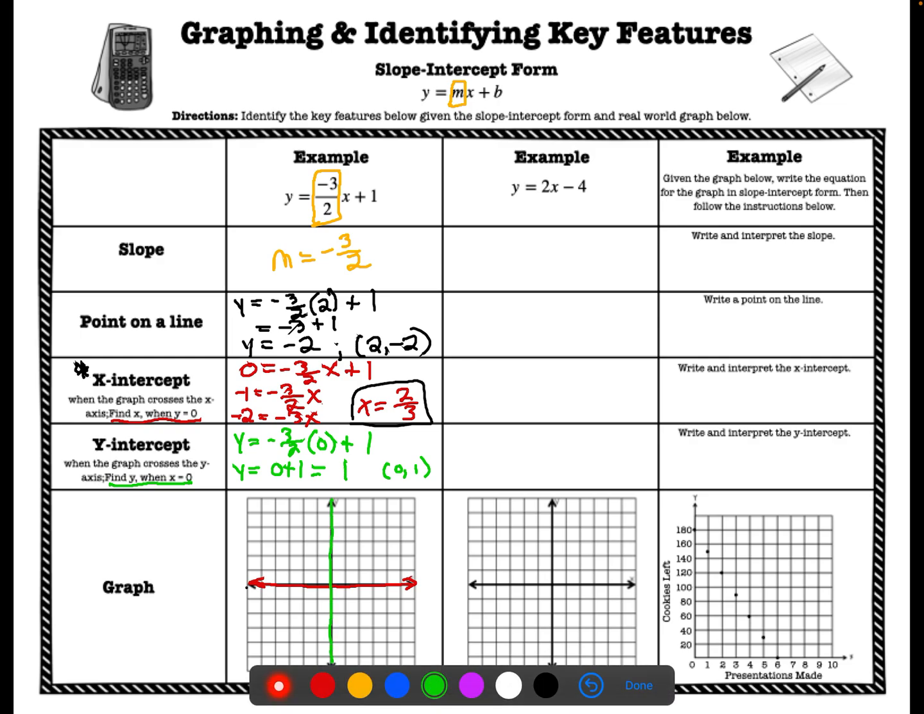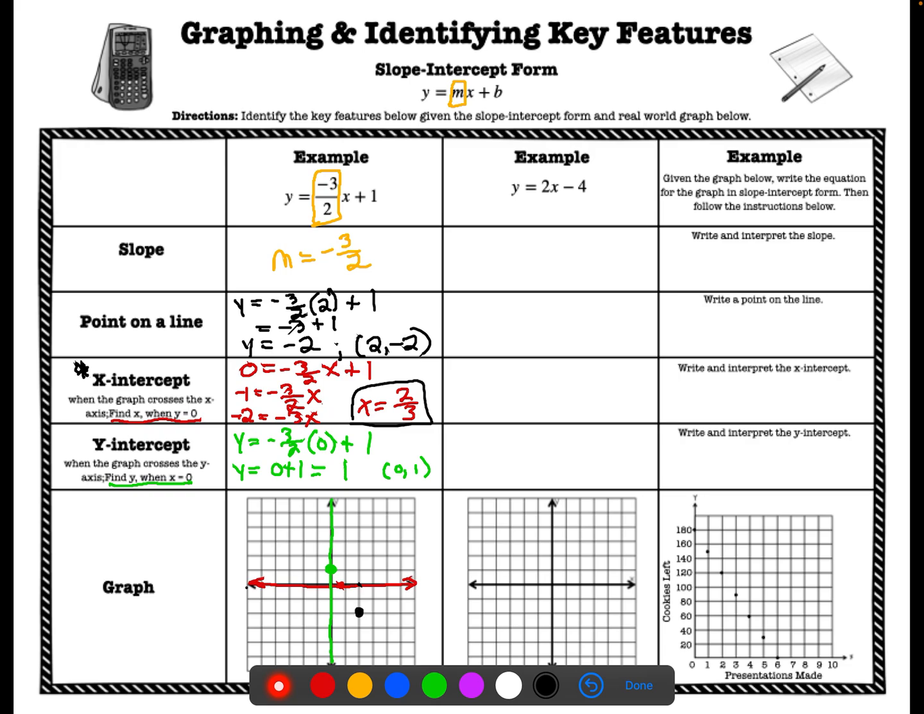So with all of this information, we know what our y-intercept is. We know what our x-intercept is. We have a point on the line, and we have the slope. So we can graph. All right, so let's start with our y-intercept, which is (0, 1). And then our x-intercept is 2/3, so it's just shy of 1. All right. Our point on the line